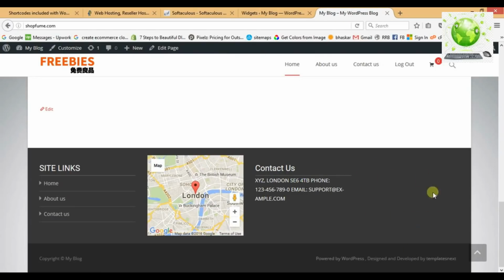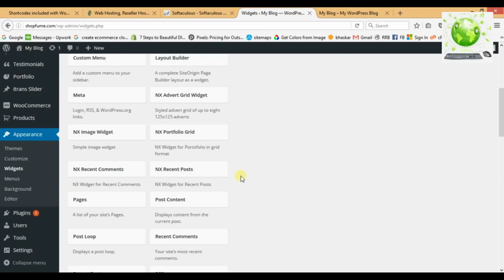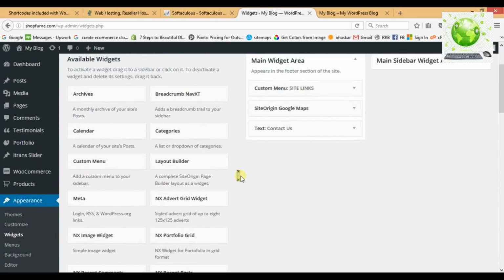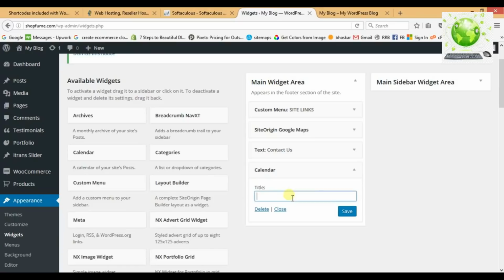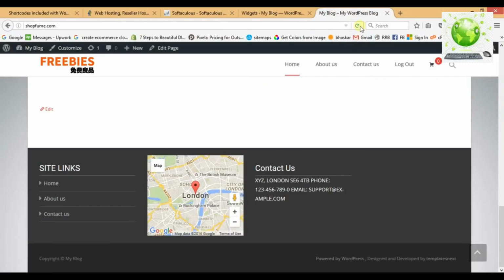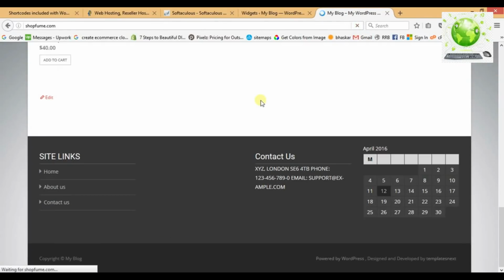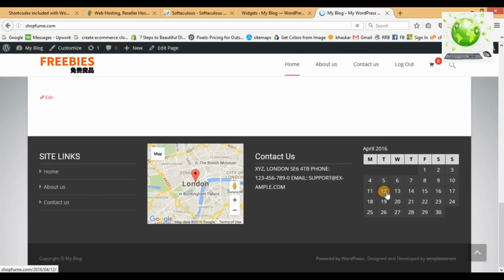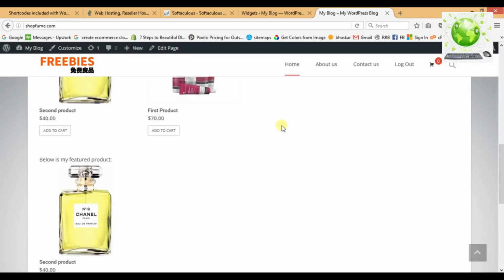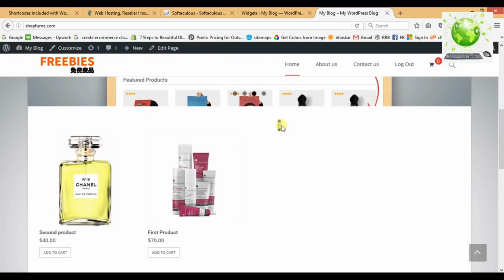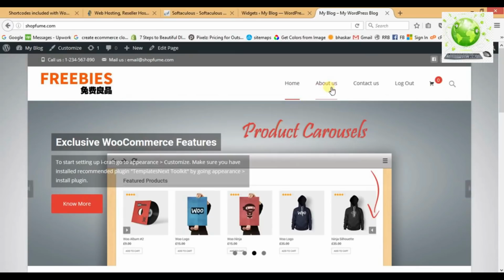Now one more section has been left, so I'm just checking what widget we can put there. Let's try to put a calendar over there. Title, let's leave it as it is. Just click on save and let's refresh the front page. Okay, so calendar is also over here showing the current date. So in this way we can easily create a WordPress website and convert it into an e-commerce store using the WooCommerce plugin. Now one more thing I want to do, at the top navigation bar I want to put a shop